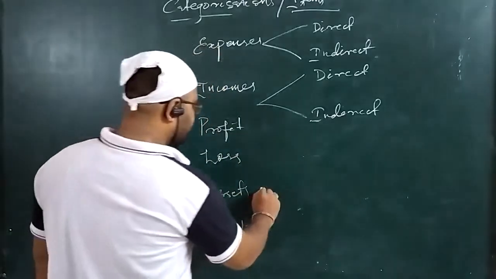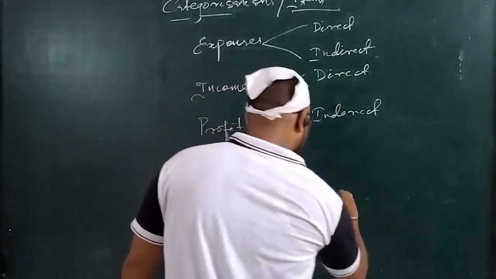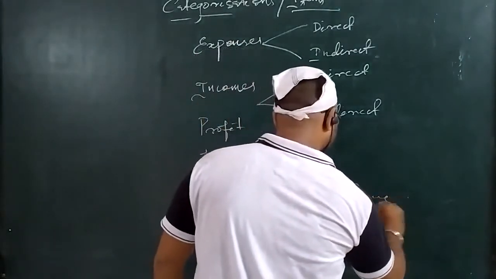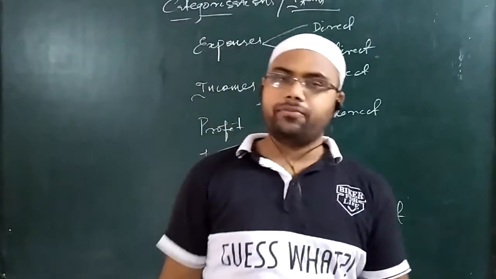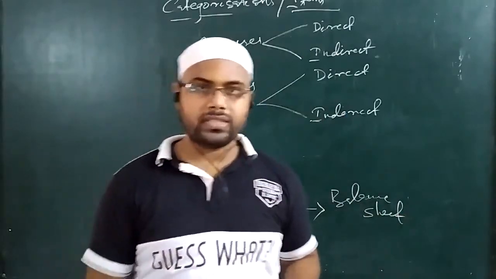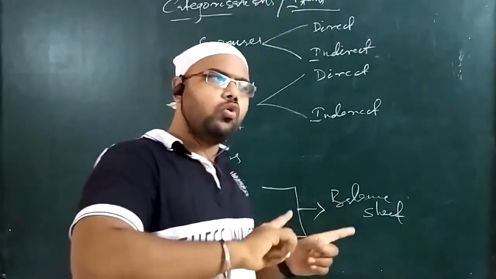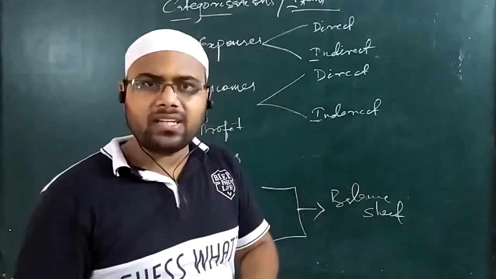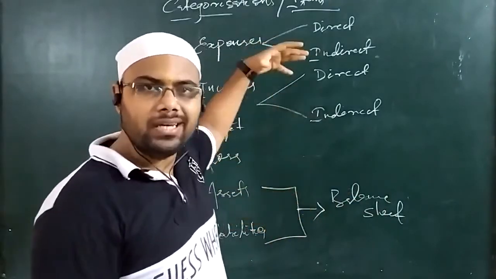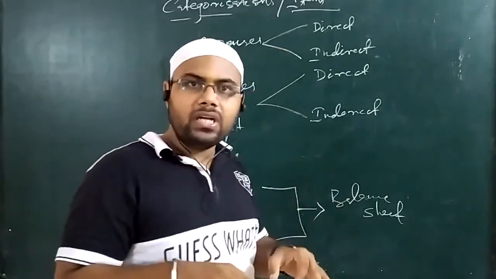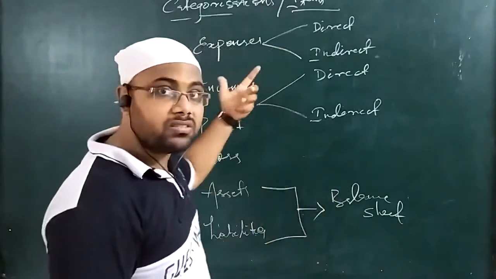Then we have assets, and assets and liabilities are all together taken to the balance sheet, which is called a position statement. Okay, and the categorization of assets and liabilities I have also told you. If you want, I will tell it again. So see, these are the 6 categorizations of the items that exist in the business organization. There is no other transaction or item existing outside of these 6 categorizations. Okay, so this is the area where the transactions come in. No transaction or item is out of these 6 categorizations.